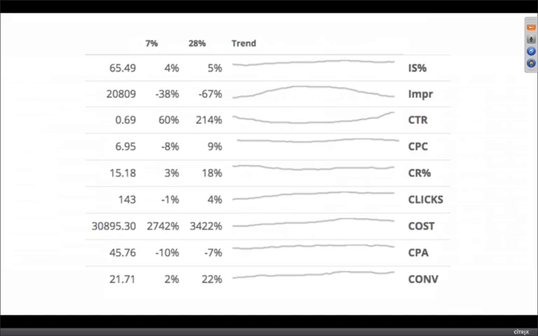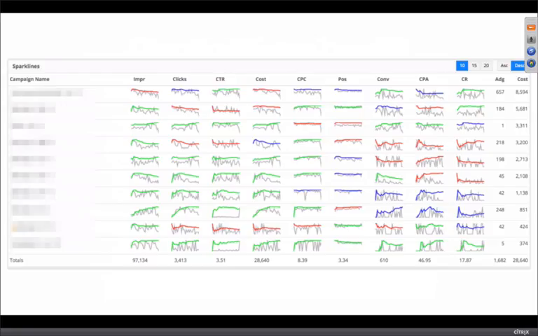so this is nice, but this is a roll-up of the whole account. I then want to be able to see, well, what's actually happening? Where are the campaigns that matter? And then I can look at something like this, which, yeah, it looks a bit confusing, but now I can blow up the account and see at a campaign level those 9 metrics all charted with moving averages, and the color, not entirely sure it's working perfectly on all